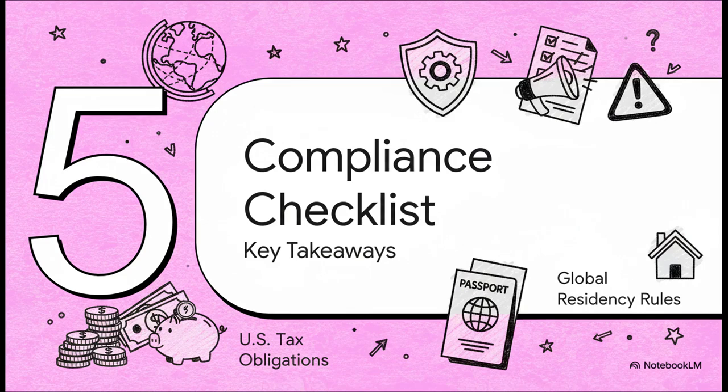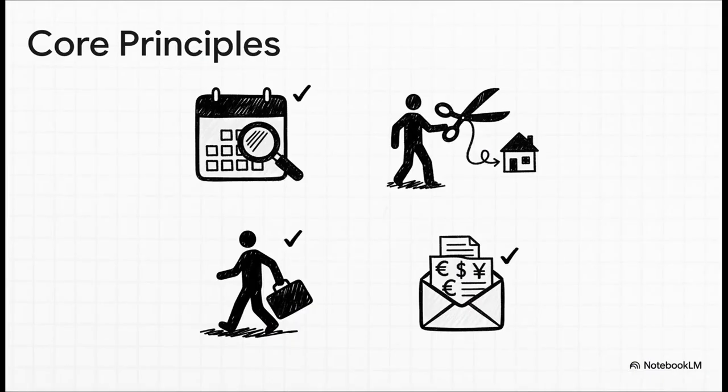Okay, wow. We have covered a ton of ground here, from US tax law to global residency rules to business risks. So let's boil it all down. Let's create one final, super clear checklist of the key principles you need to live by to stay compliant and safe out there. So here it is, your 4 core commandments. Number 1, track your days like your life depends on it, because financially, it kind of does. Number 2, manage your ties. Be strategic. Don't let your life's center of gravity settle in any one place for too long.